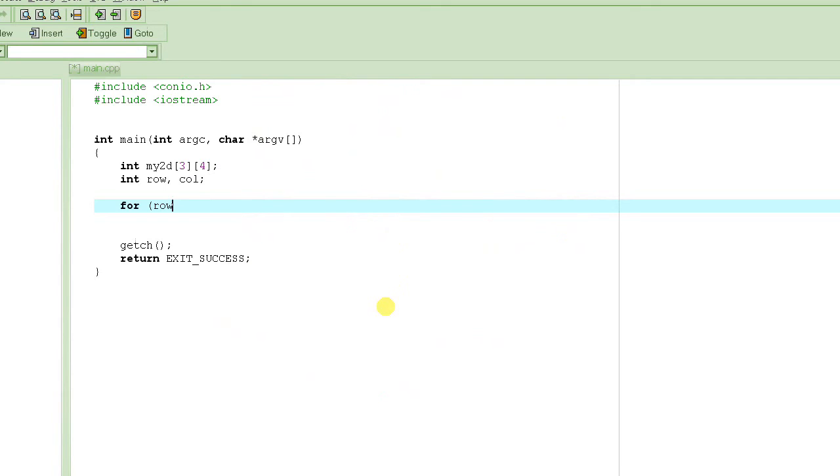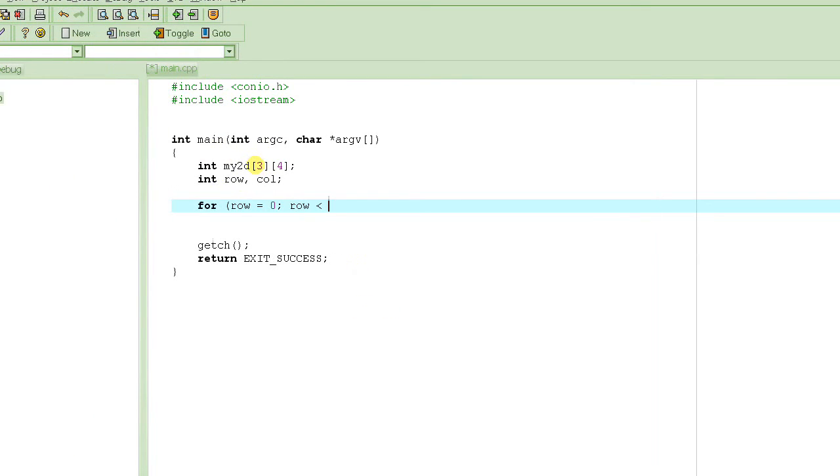So for row is equal to 0, row is less than, how many rows do we have? 3. So less than 3. In other words, the value of row would be 0, 1 and 2. Less than 3, not equal to 3. So row will never be 3. Okay, so row plus plus,